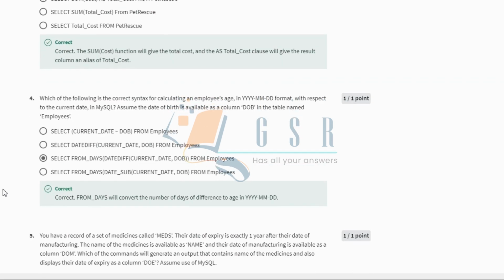Fourth one is, which of the following is the correct syntax for calculating an employee's age in YYMMDD format with respect to the current date in MySQL? Assume the date of birth is available as a column DOB in the table named employees. So select from days, date diff, current date and DOB from employees. Now